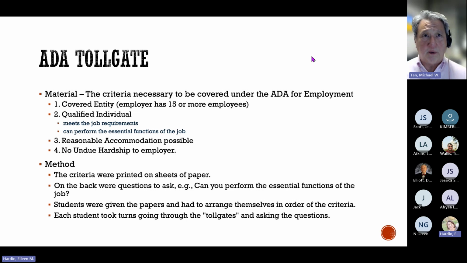Again, this is all law. It's written in sections, etc. But I'm going, okay, so how do I make this a kinesthetic activity? So you'll see here, the material I wanted to cover was the criteria necessary to be covered under the ADA for employment. And the four basic criteria: the employer has to be a covered entity, it's got to have